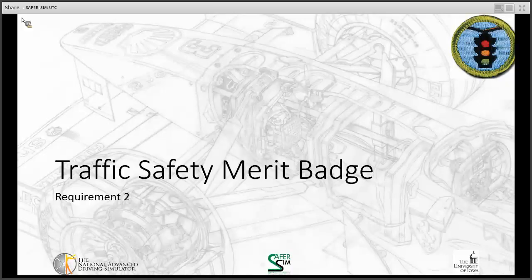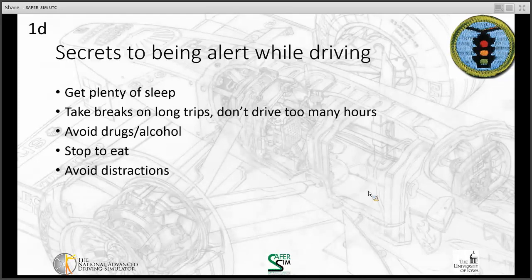We're at a pause point here as we switch to requirement 2. So this is the end of requirement 1. And so there's no homework for this one. We covered all the content that you need to go over on this one, so we're in good shape there. I'm going to go